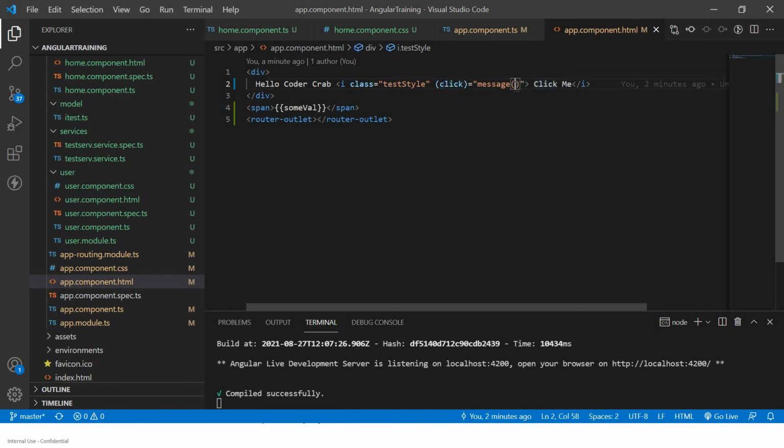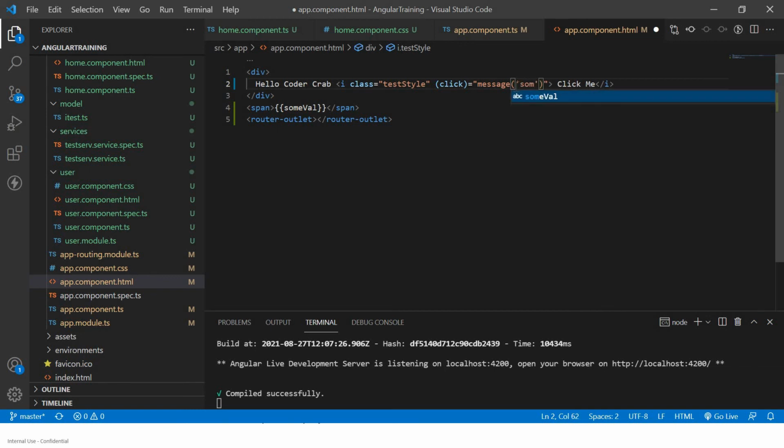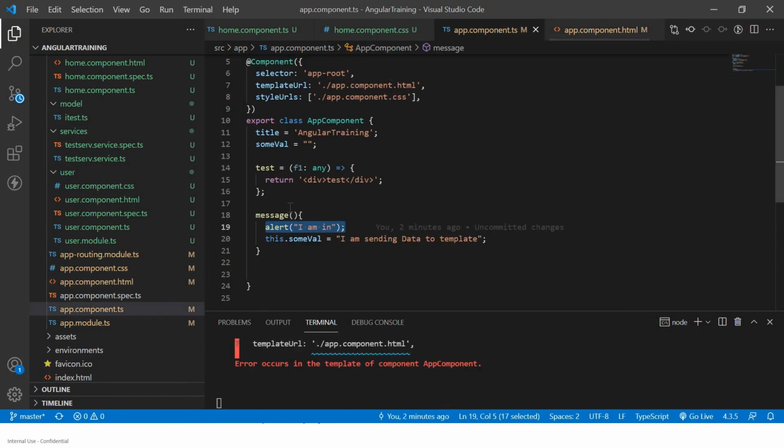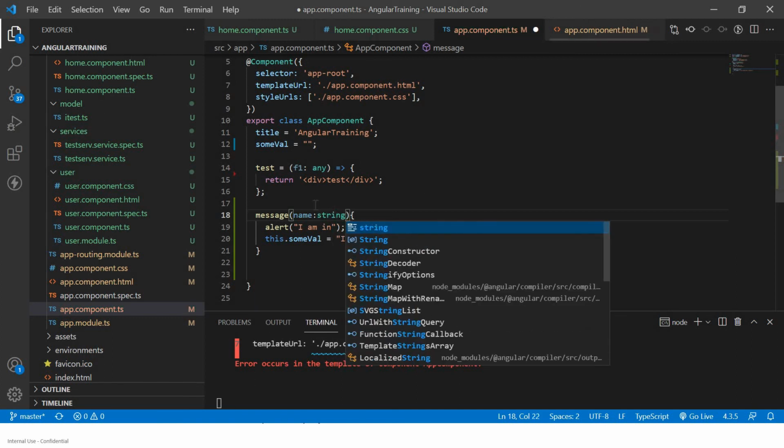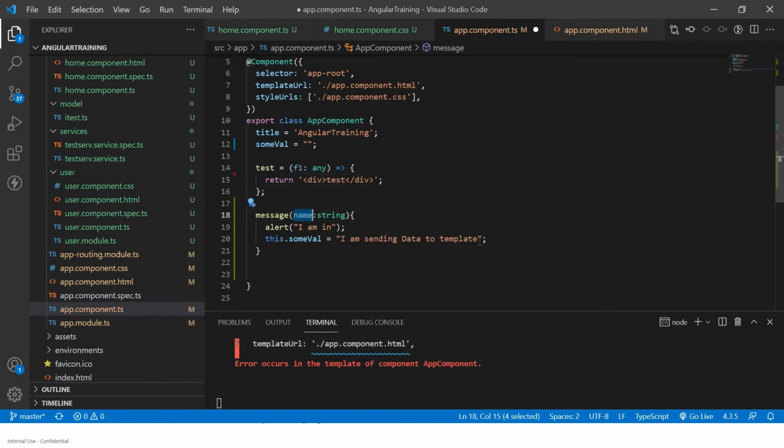Okay, if you want to pass some values, let's say I'm just passing my name, and in this what I'll do is I'll get a variable called name of type string. Okay, and this value I'll just put.